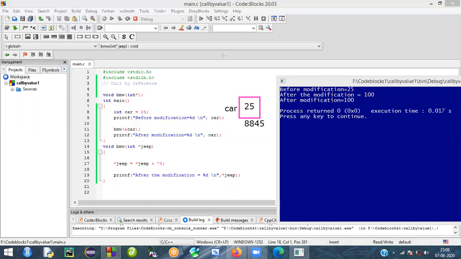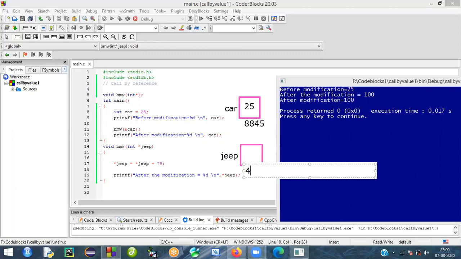So let me show you something. Here we have two variables, one is car, another one is the Jeep pointer. So Jeep is also a variable here. For that I am writing a memory location. Jeep is a variable, so Jeep will have an address.